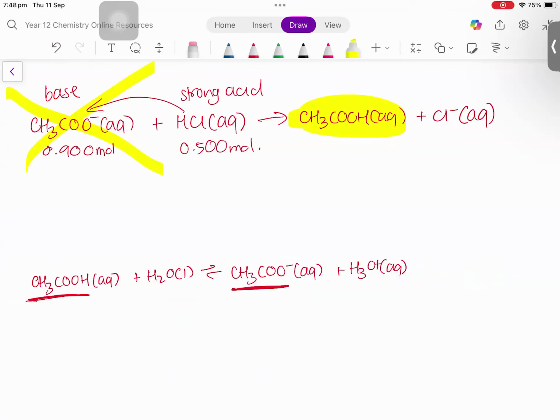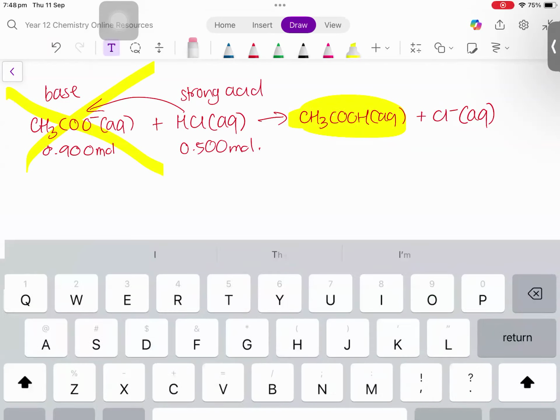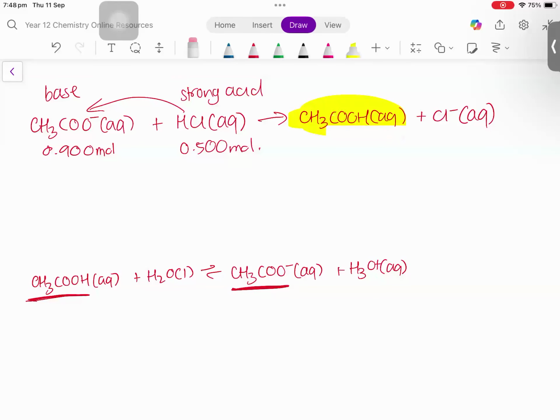If that happens, you just replace one component of the buffer with another. You can't replace it, you need both. So we compare the numbers to be sure, but it's definitely the HCl. You can't lose the CH3COO minus because it needs to be in the buffer. It's a 1-to-1 ratio. If this is your limiting reagent, then 0.5 of it goes away, the whole thing. And then 0.5 of it will react with